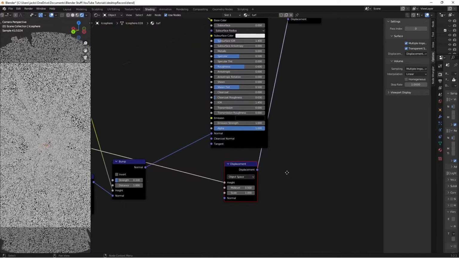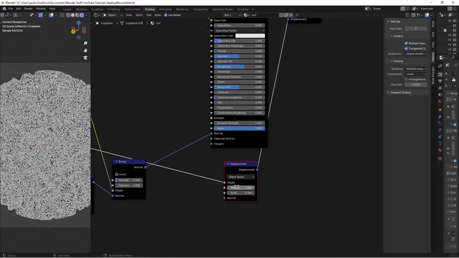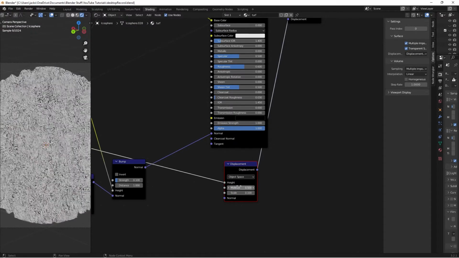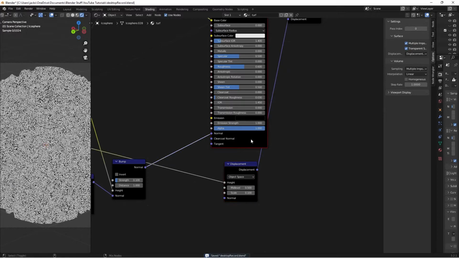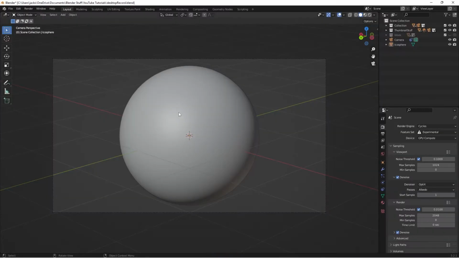And it's going to do some wonky things real quick. I'm going to switch this scale down to a 0.1 and the mid-level to a 1 real quick, just so that it doesn't. I'll switch the mid-level back to a 0.5. So then I'll Control-Shift left-click our principled shader, and currently it looks terrible, but that's because we don't have enough